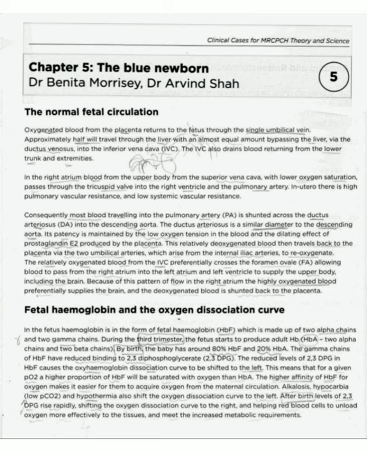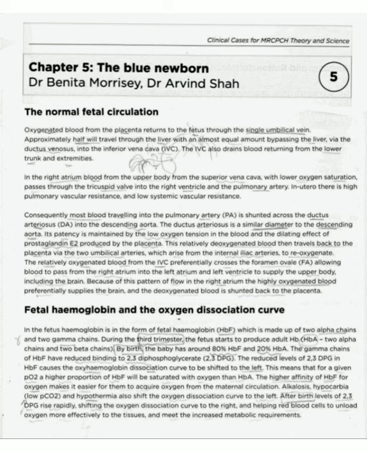Alkalosis, hypocarbia, low partial pressure of carbon dioxide and hypothermia also shift the oxygen dissociation curve to the left. So this question also comes: what causes the oxygen dissociation curve to shift to the left? That is decreased level of 2,3-DPG, alkalosis, hypocarbia, low partial pressure of carbon dioxide and hypothermia.